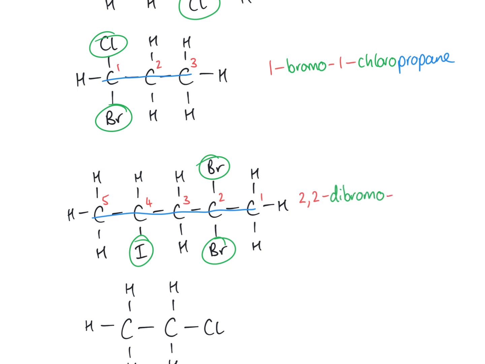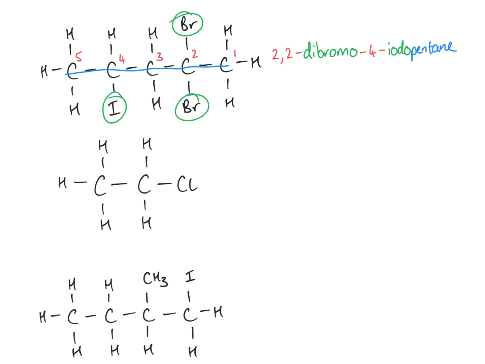And then a dash to go to the locant number of the iodo group. So that's 4. 4-iodo, and there's 5 carbons in the longest chain, so that is pentane. 2,2-dibromo-4-iodopentane. So what I would like you to do now is pause this video and try the rest